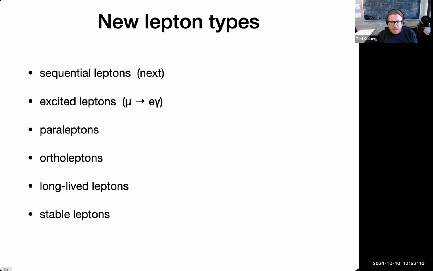But there were also other ideas on the market. One such idea was excited leptons. So if heavy leptons like the muon are actually excited versions of the electron, imagine that the electron is not a fundamental particle, but some kind of bound state, then one might imagine that the muon is like a second excited state of this thing, and that further heavy leptons